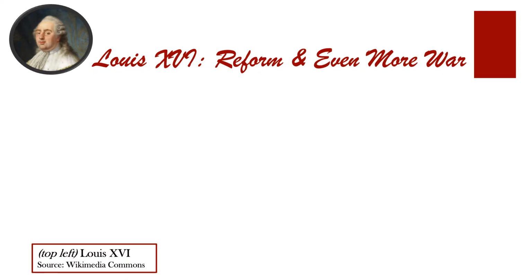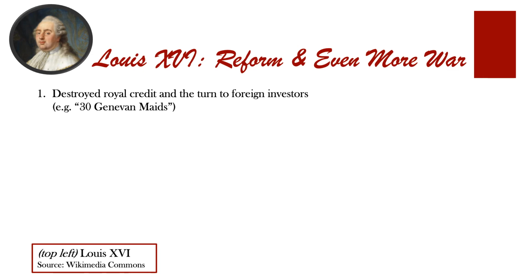Well, all of this came to a head during the reign of Louis XVI. The first problem was that Louis XV and Terray had effectively destroyed royal credit. The Maupeou coup meant that no one trusted the monarchy. Second, the new court set up by Maupeou simply didn't have the political capital to enforce the new taxes issued by the monarchy, so revenues didn't really increase in any dramatic way.